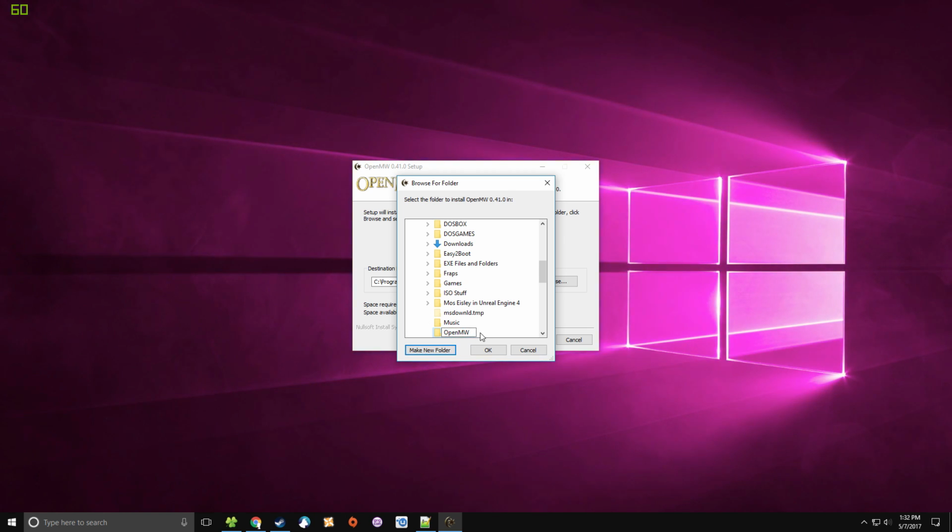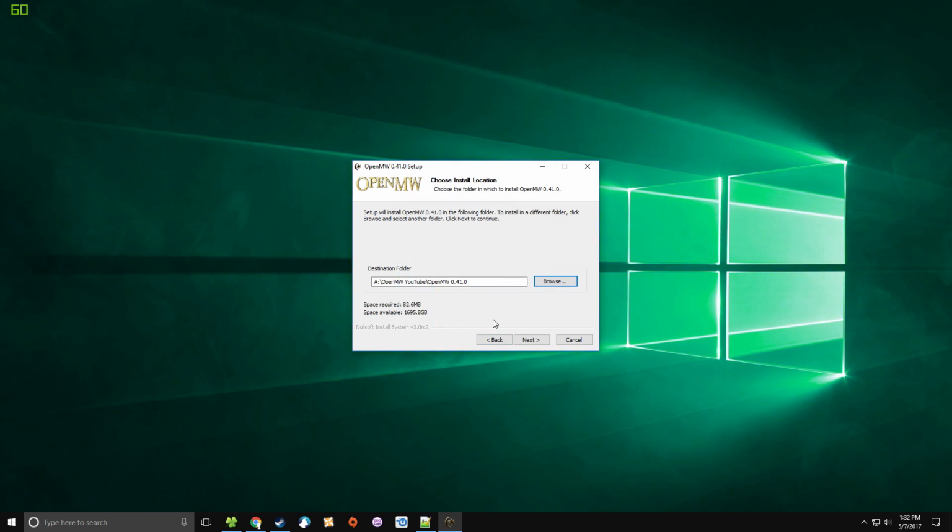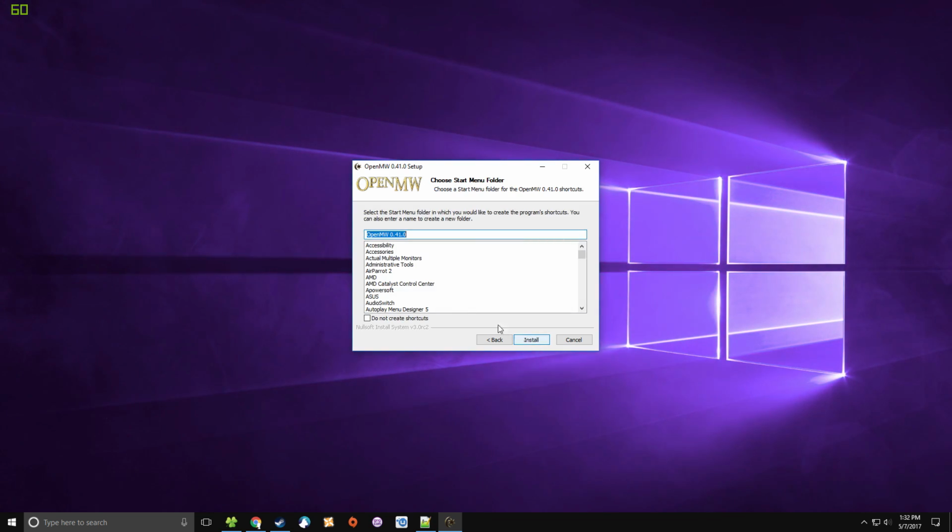OpenMW. Why not? And then I'm just going to install it right in here, just to see. So there's a separate installation. So I'm going to click next,